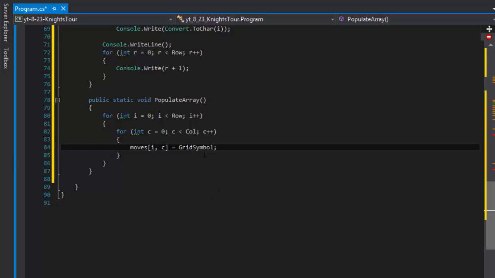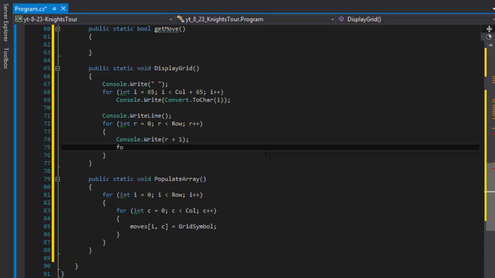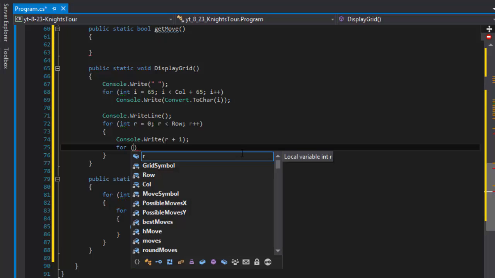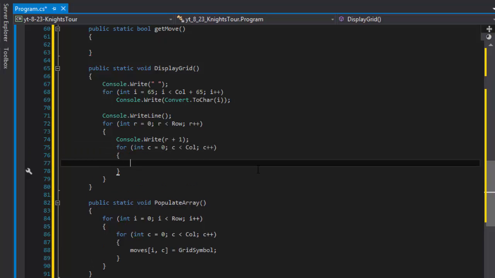So plus 1, and right after that, this is just displaying basically the header, and over here we will do the loop that displays the actual grid. That's why it's only write, because we're writing again in one line. We'll write the header, and right next to it we'll write the actual grid. So c equals 0, c is less than columns, c plus plus, and over here we will simply write